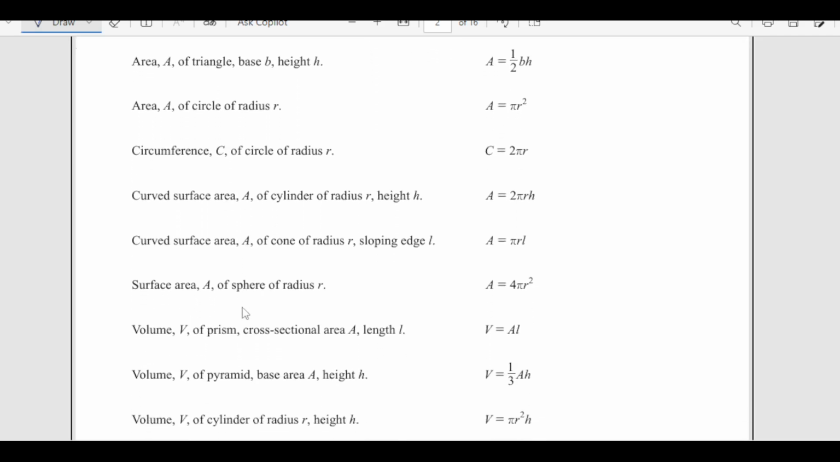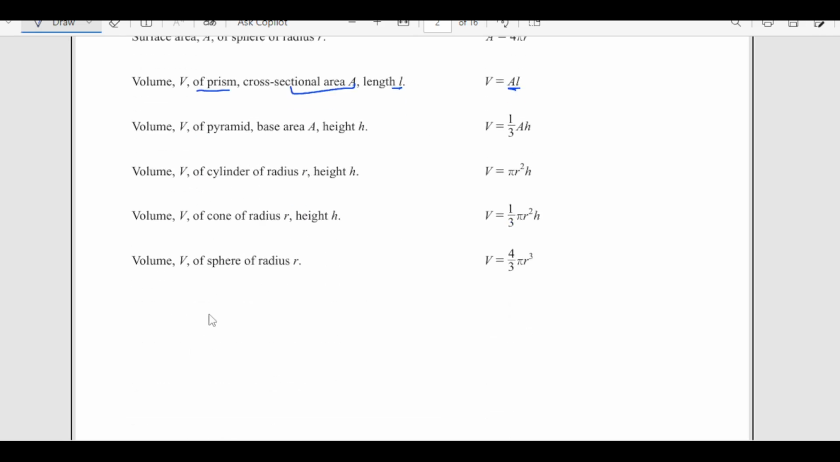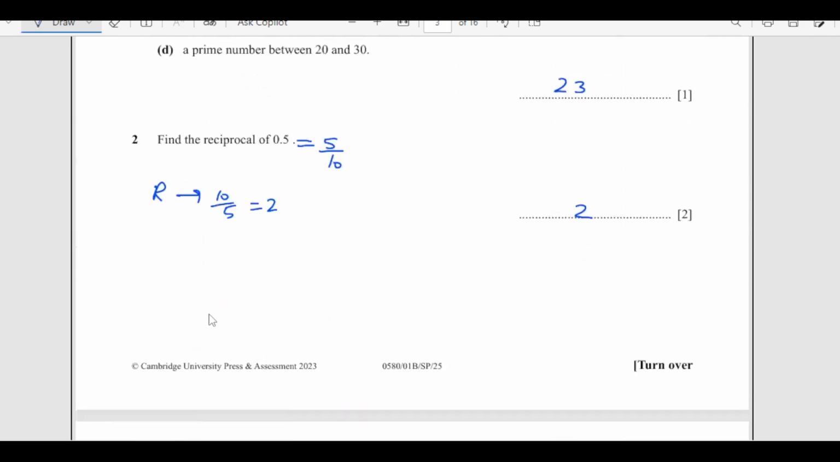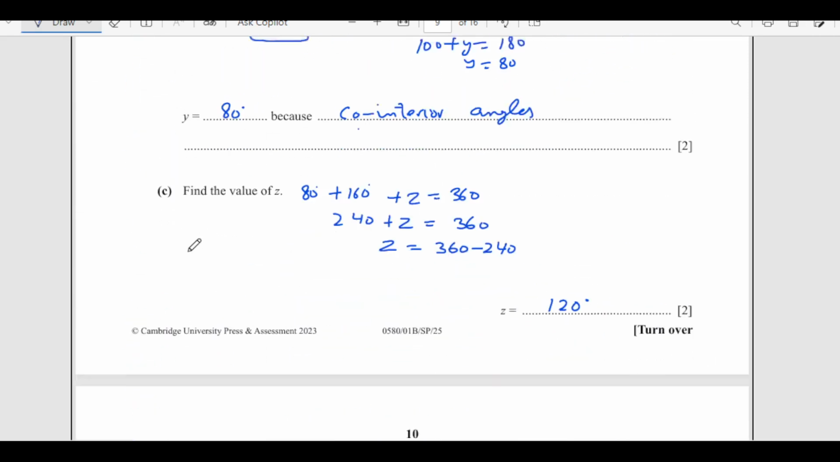Surface area, here, volume of the prism. Cross sectional area A times length, AL. A is a cross section. Now see, they have given this formula also as a tricky thing here. So volume of the cross section. Now cross section is the